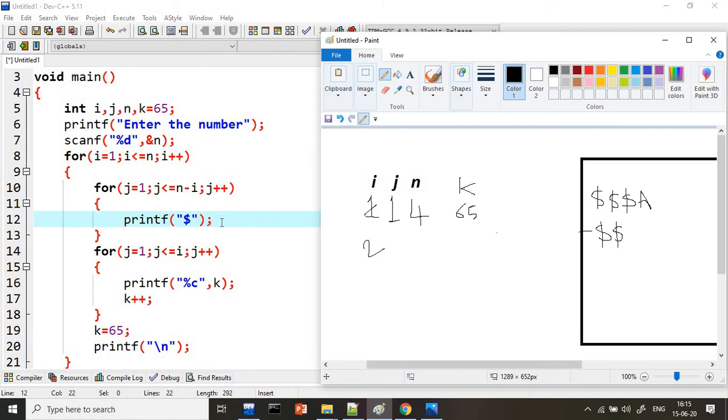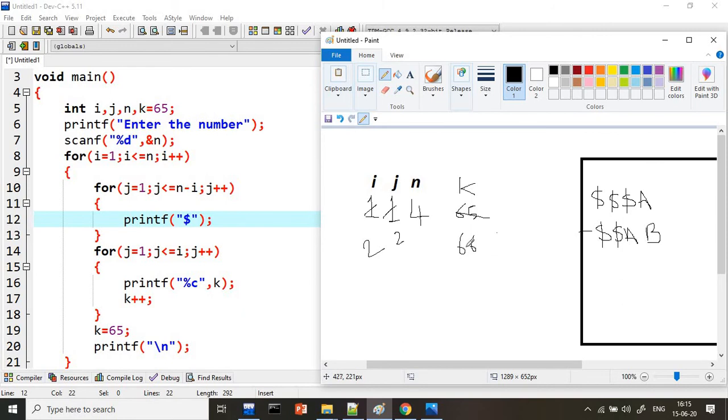That's why I'm directly telling in the shortcut that if this condition is 2, it means it is executing 2 times. Now come here. Again i value is 2 and j value is 1. So how many times will this loop execute? 2 times. First time k value is 65, so it will give the value as A. k plus plus, it will become 66, because the second time the value will be 66 and j value will become 2. So again, j is 2, less than or equal to 2, true. It will come inside, and the k value will be printed. What is the k value? 66, nothing but B will be printed on the screen.